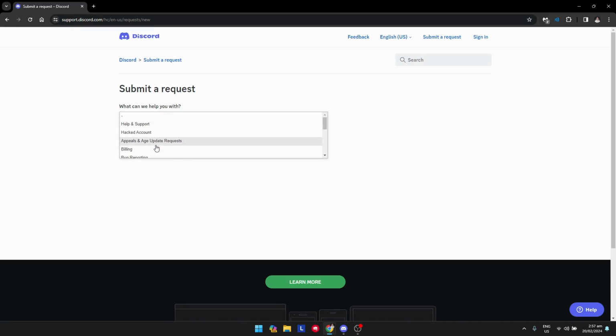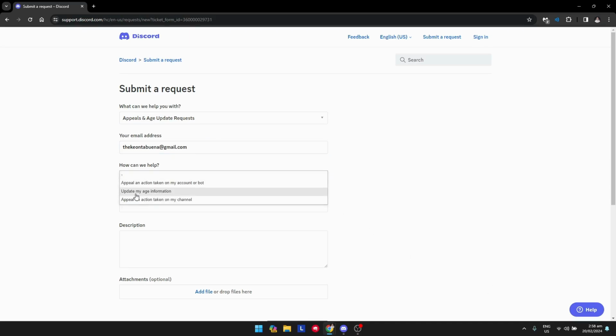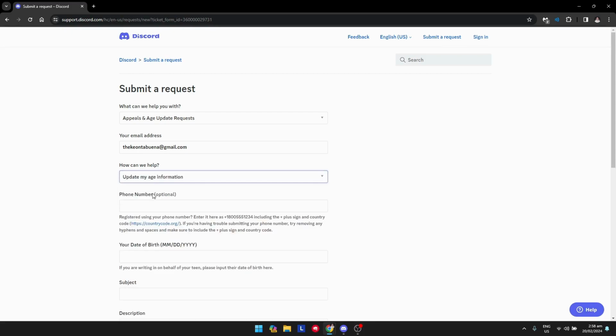So find this one, the appeals and age update request. So click on that and you need to put your email address associated with your Discord account. Just like so, and here click on update my age information, and you could put on your phone number, and